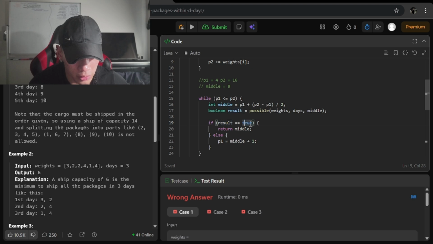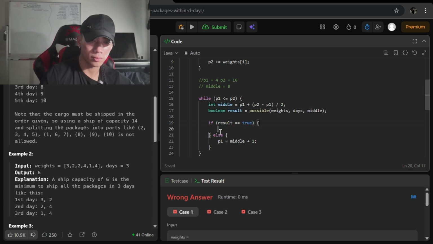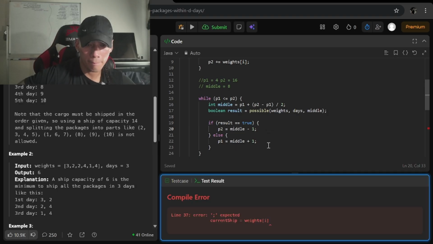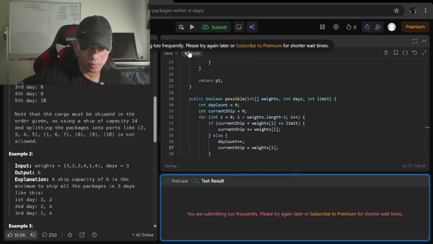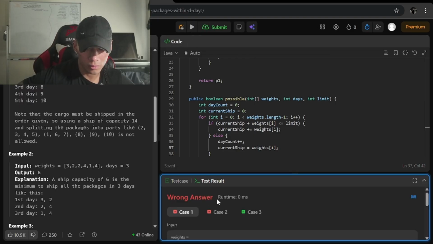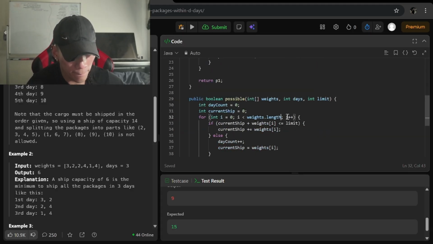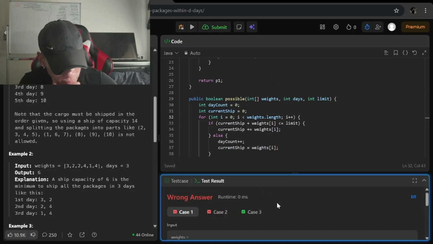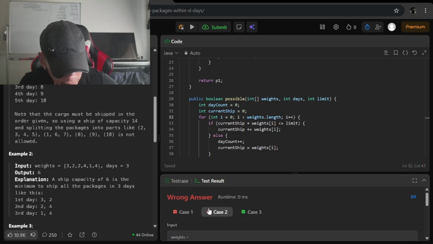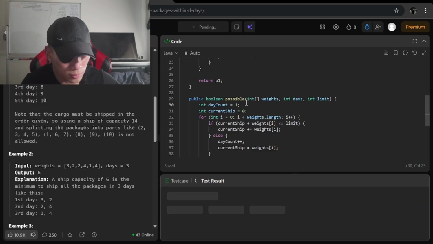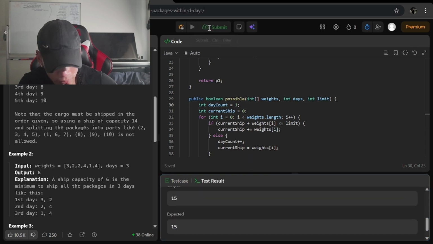So if result equals true, what now? What's wrong?